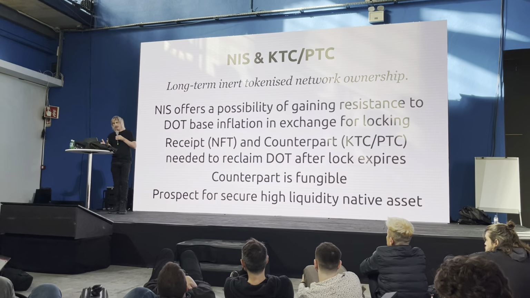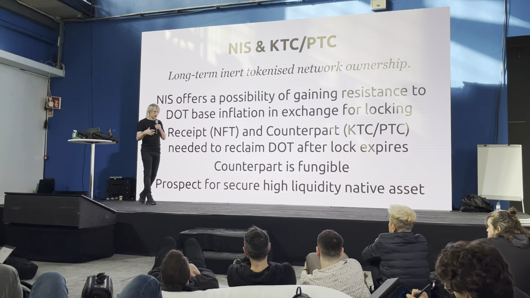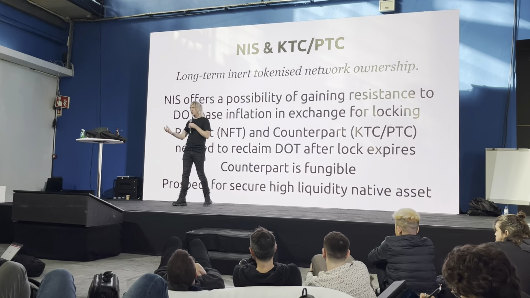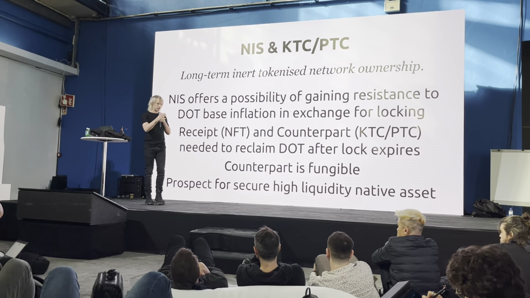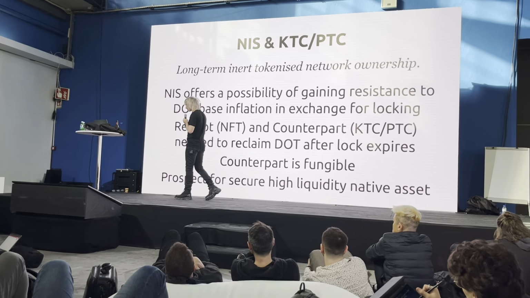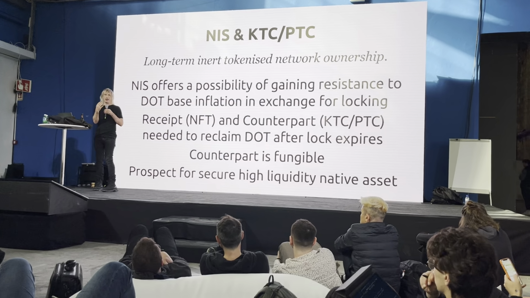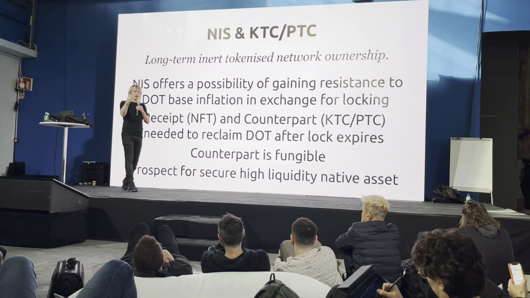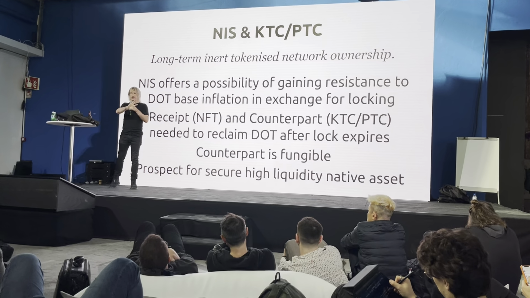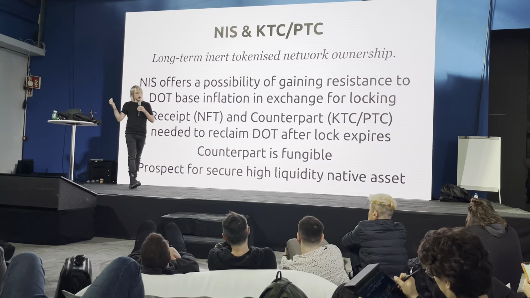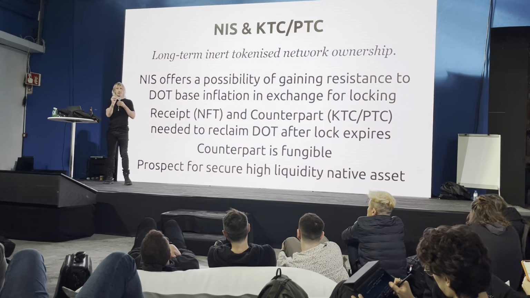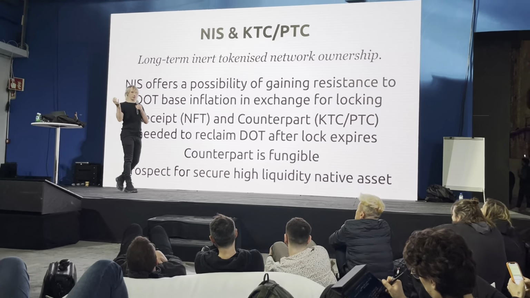The underlying way that it works, you get a receipt. So you stake some tokens using NIS, and you get a receipt back that says your tokens constituted 0.01% of the network when you put them in. This receipt's an NFT, right? You can transfer it around, and you can take it back to the NIS system. After some point in time, you can take it back, and you can get an amount of tokens back such that the percentage of total issuance is the same, right?